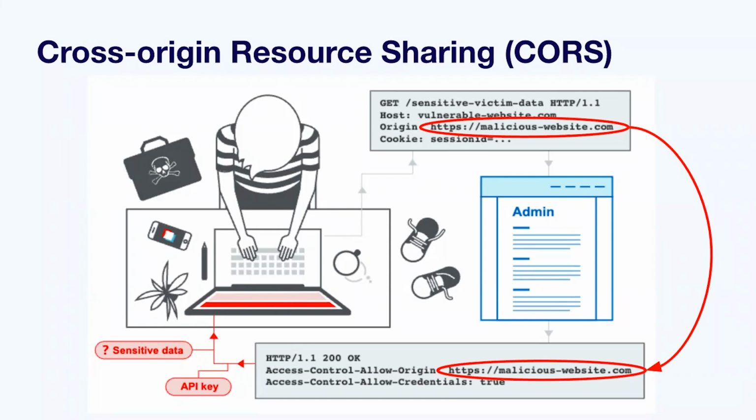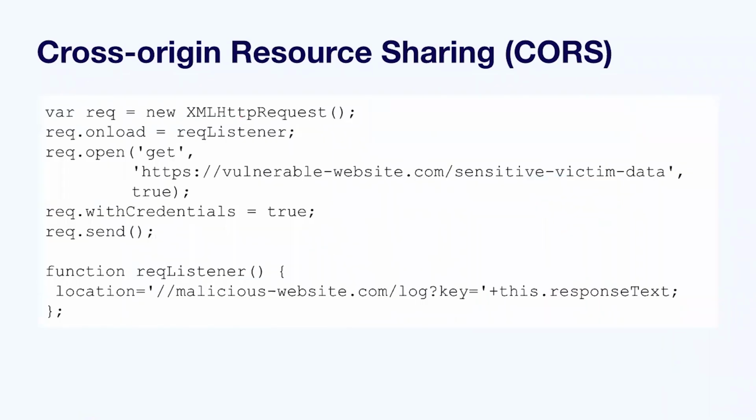So here we can see that we're allowing the origin from our malicious website. Worse still, they have also set the allow credentials header to true. And that means that those cross-origin requests, so requests from the malicious website, can also include cookies and be processed in session. So armed with this knowledge, an attacker can exfiltrate any sensitive information such as API keys or CSRF tokens from the response using a little bit of JavaScript like we have here,